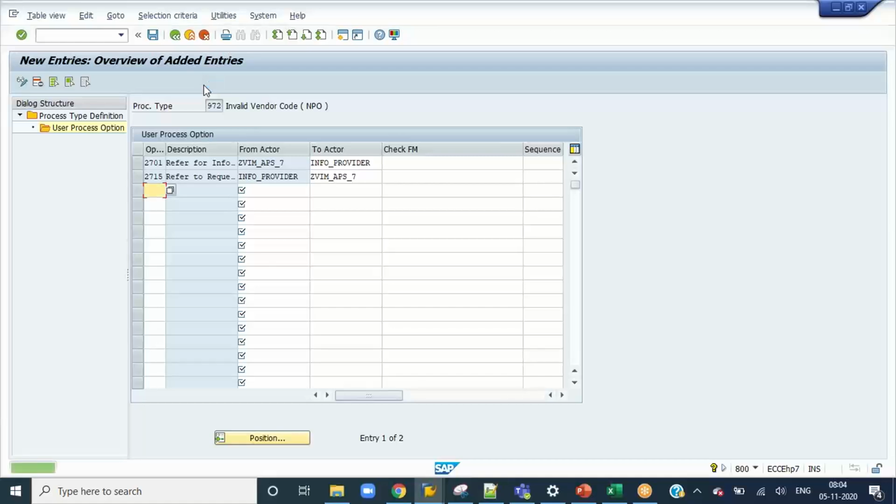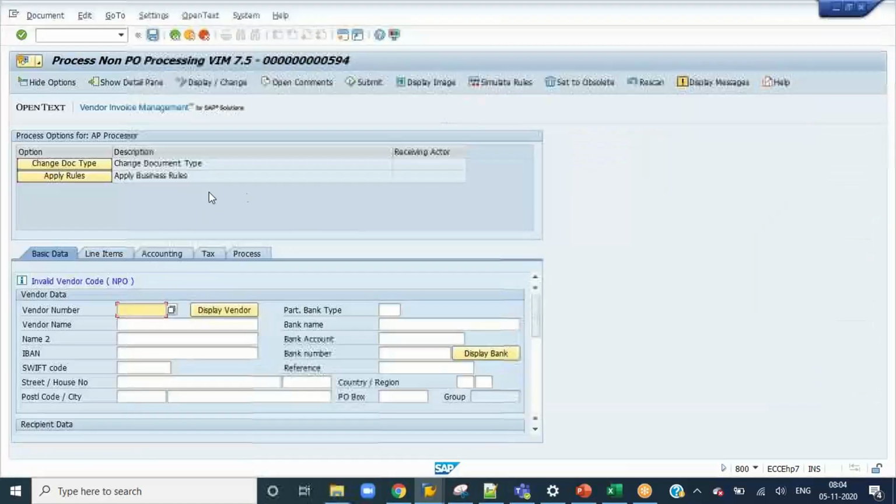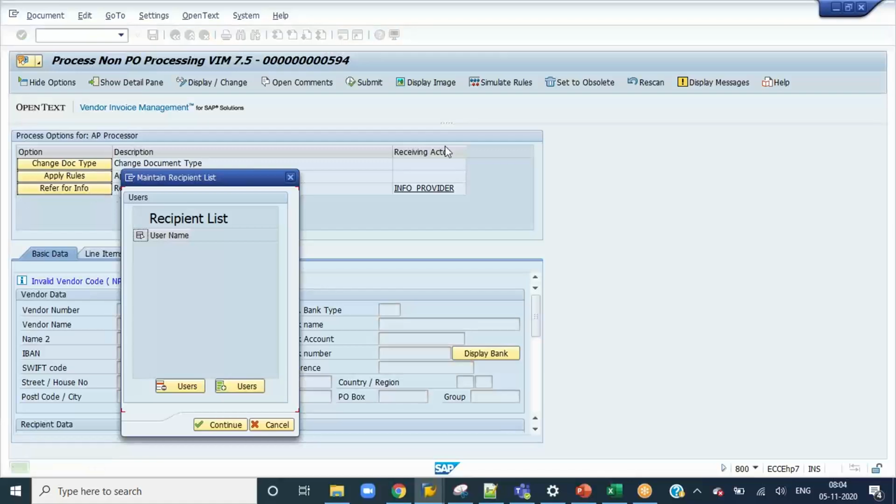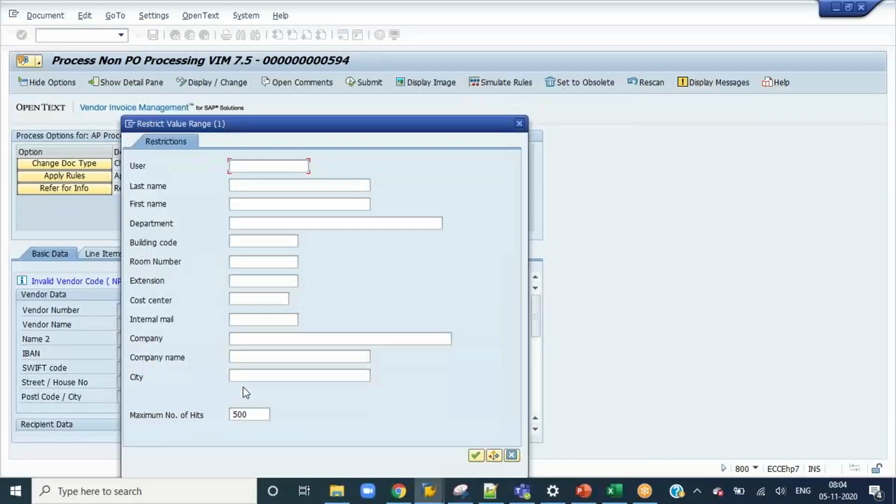So I have added additional buttons. Where you can just click on refer to info provider. So you can see whether these buttons are disabled for info provider or not. So I'll just go to